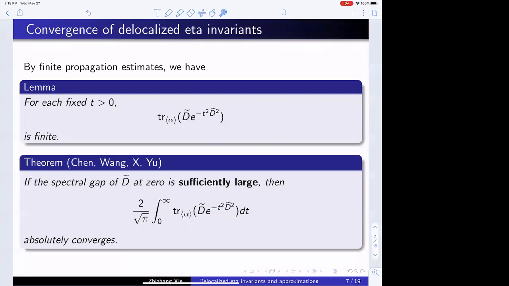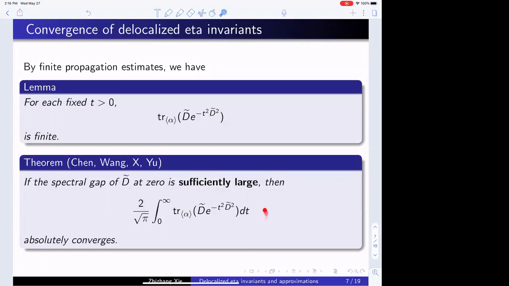Now the issue is when t is large, because you are summing up a lot of terms here, all the elements in the conjugacy class of alpha. So the issue is actually when t is large. Together with Chen Wan and Guoliang, we are able to prove that if the spectral gap at 0 of this D tilde at 0 is sufficiently large, I'll make sense of what the precise meaning of sufficiently large is,